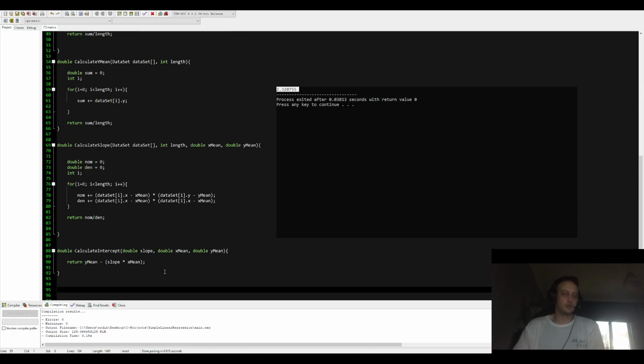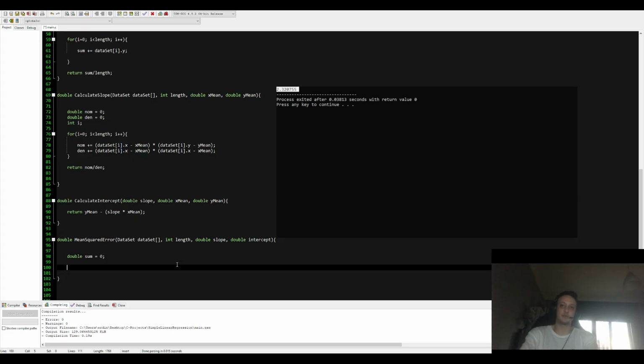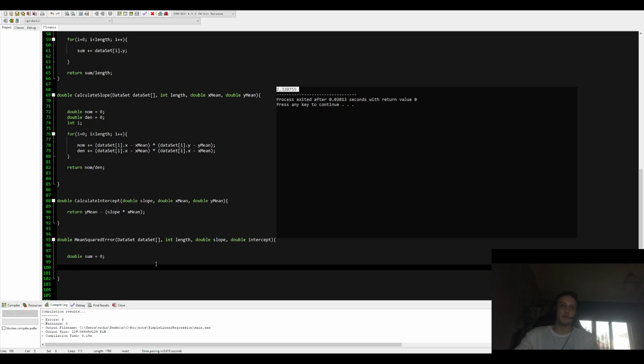So that's why I'm going to define a mean squared error function, which is going to get my data set, because I will need my original values, and then again the length. And apart from that, what we are going to need is double slope and double intercept. And now what we are going to do is double sum, because sum is going to be our mean squared error result, the summation of it. So I will loop through my data set again, length, i++,